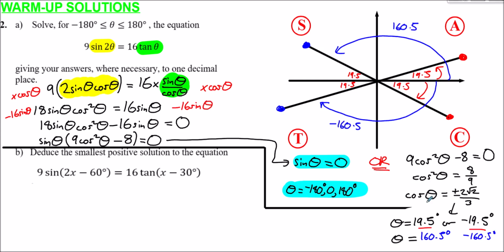So putting them all together, all the solutions, I've got these 3 for sine theta being equal to 0, and these 4 from cosine theta. So for part A, the full solution is as follows. So A, we've got theta equals, could be as low as minus 180,